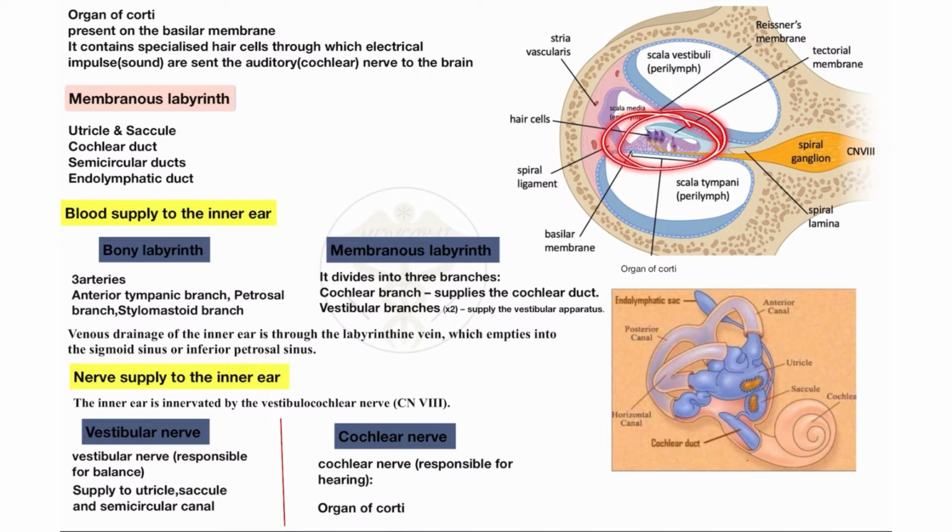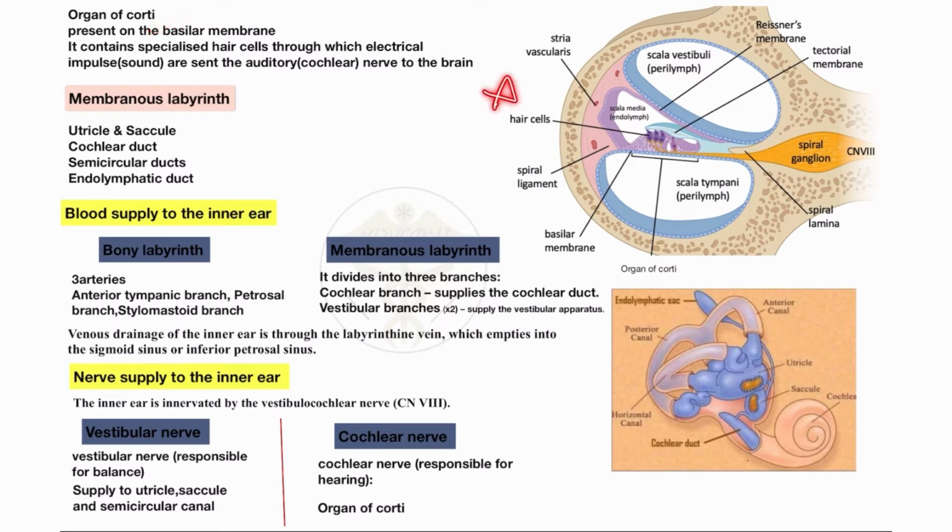When anyone asks you what the function of the organ of Corti is, it helps in the hearing function. And I will discuss the function of the vestibule, utricle, saccule, and semicircular canal. This is the function of balance. So this is the complete function of the ear, balance and hearing. The hearing function occurs by the cochlea or organ of Corti. The organ of Corti is a part of the cochlea, so it helps in hearing. And the vestibule, saccule, utricle, and semicircular canal help in balancing our body. So that is about the organ of Corti.